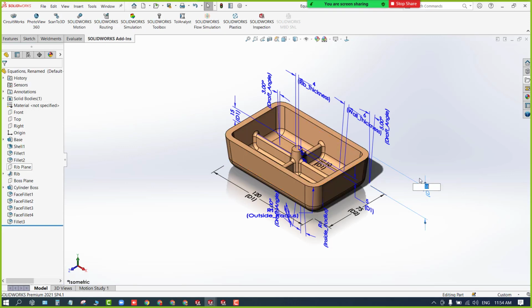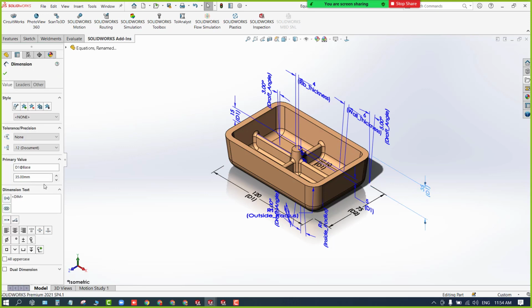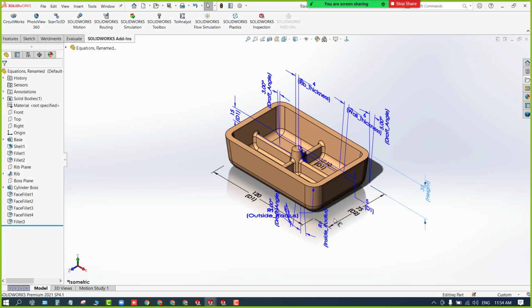So here you're going to get the tab. Can you see this primary value, just beside there is d1? Over there you can rename it, and accordingly that will change.